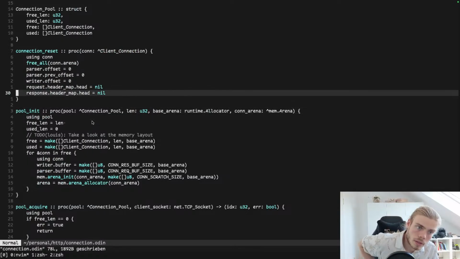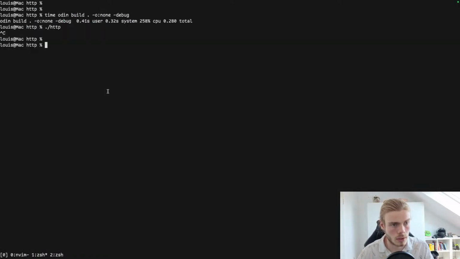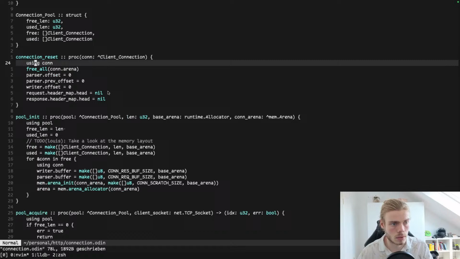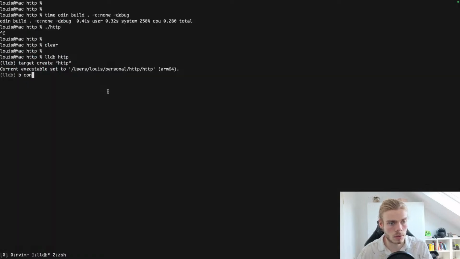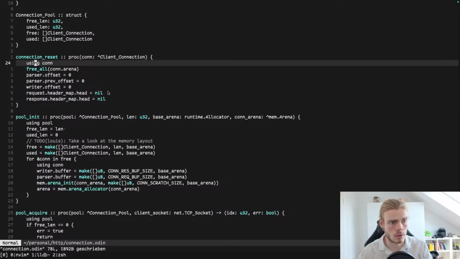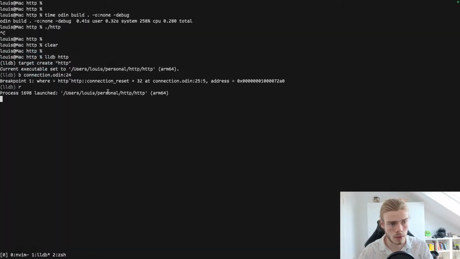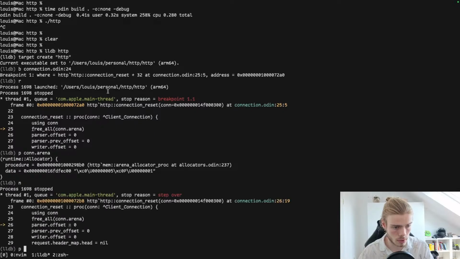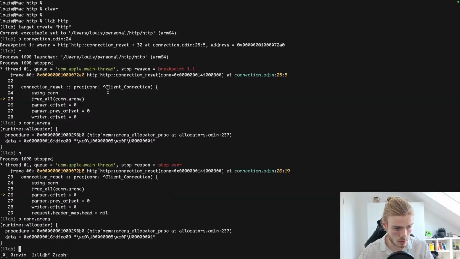I mean, free all, this should just reset the base pointer, right? If we somehow break at connection, that Odin 24, run, connect, so print count at arena, next, print count at arena, still the same thing. I wonder,